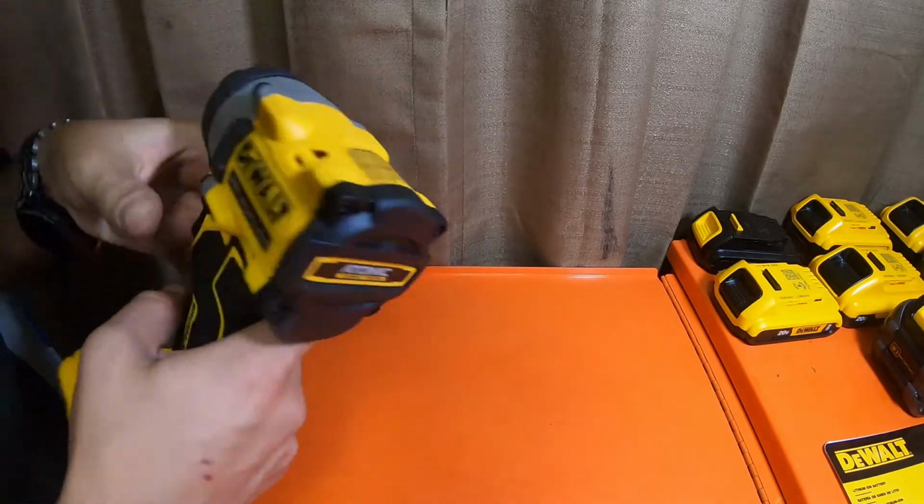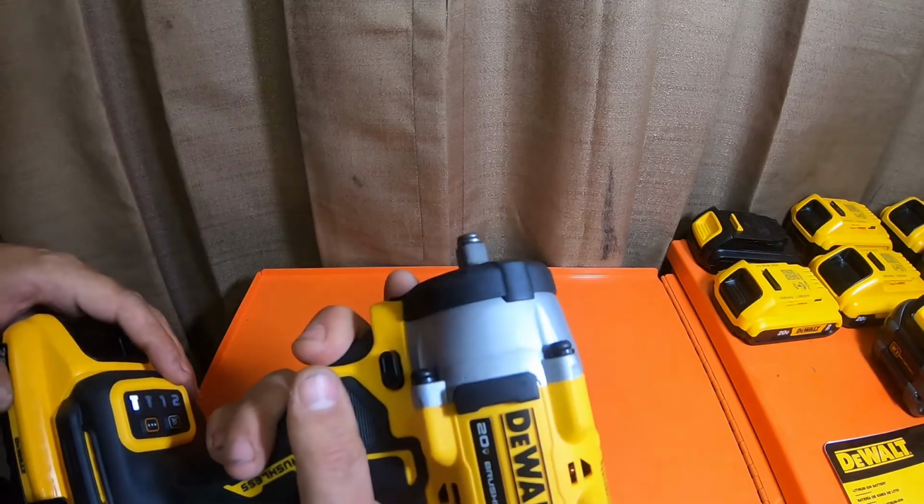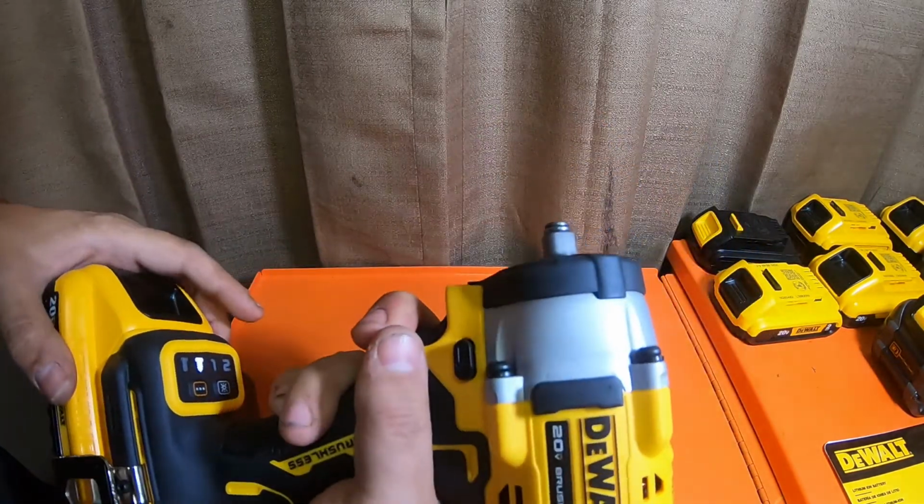It does sound like an infinite trigger when you're just pulling it naturally. That was on bolt mode. On screw mode,